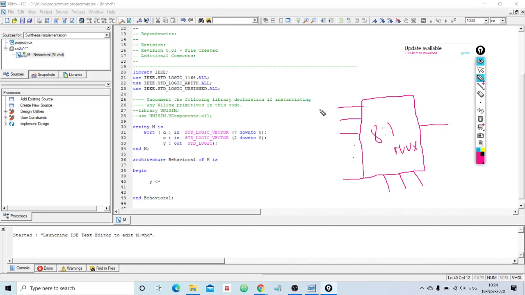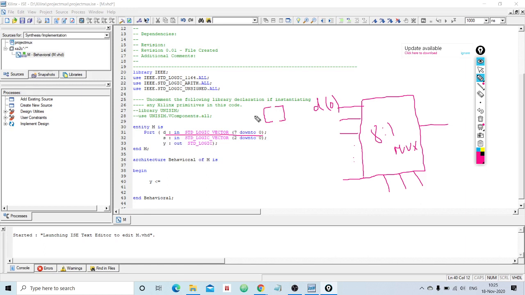Let me label this data line as d of 0. Why am I taking this as d of 0? Because here we have defined the data line as a vector, and as I said, it is similar to an array in C. In C or Java we access an array element using square brackets.